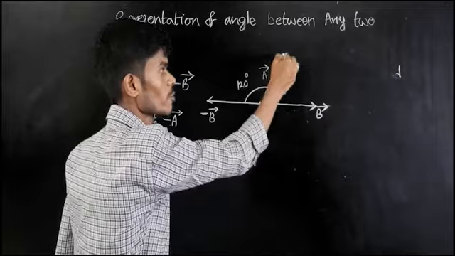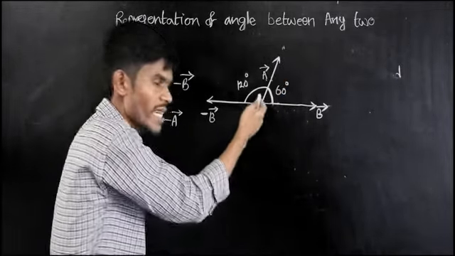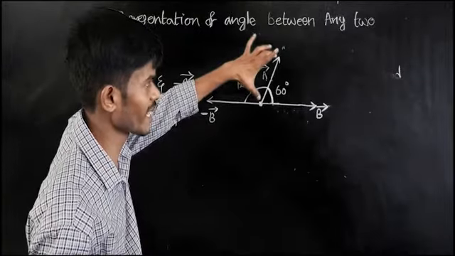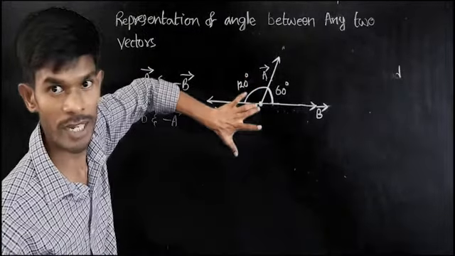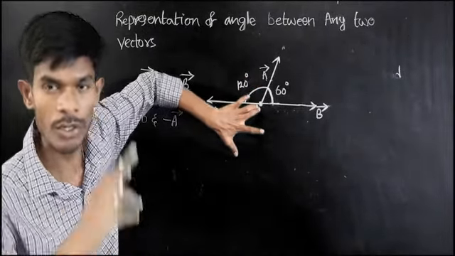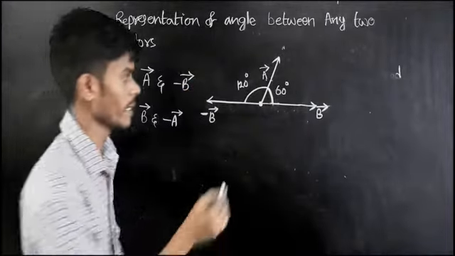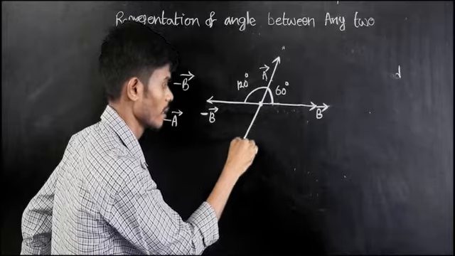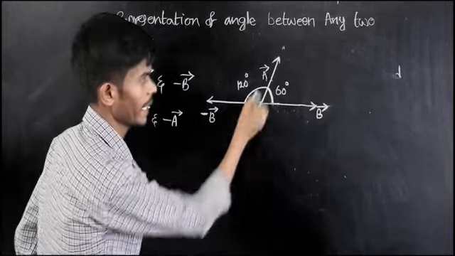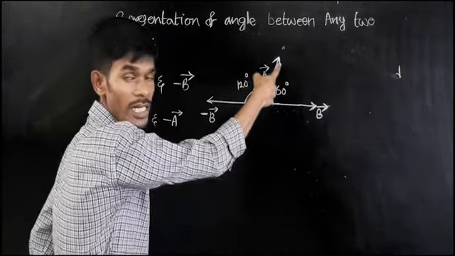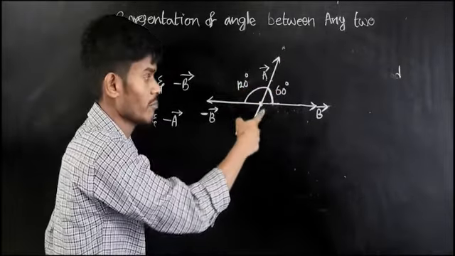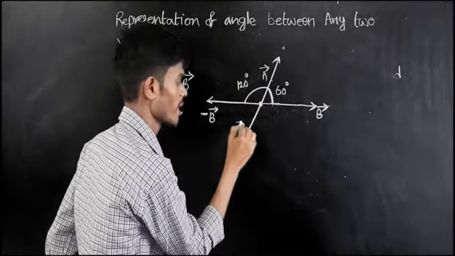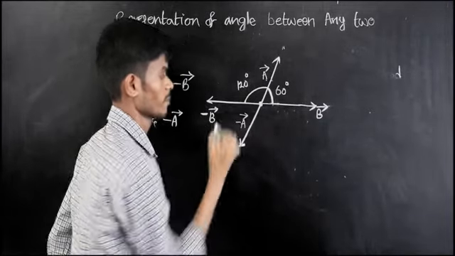Suppose it is moving towards the north direction; we will change the direction towards the south without changing the magnitude. Suppose this is 5 centimeters, we will draw 5 centimeters, but we will change the arrow mark direction. See, this is minus a bar. Here I have changed the direction alone, meaning initially this is moving upward, but finally it is coming downward. So this will represent minus a bar.